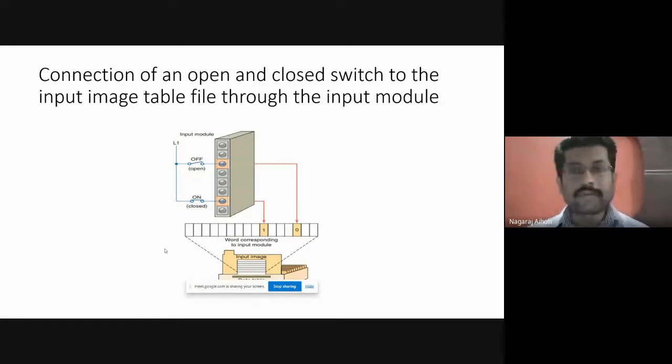Connection of an open and closed switch to the input image table file through the input module. Can anybody tell me what this figure indicates? Connection of open and closed switch to the input image table file through the input module. What is this figure explaining?